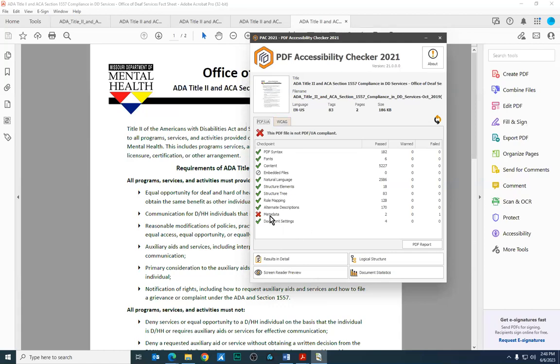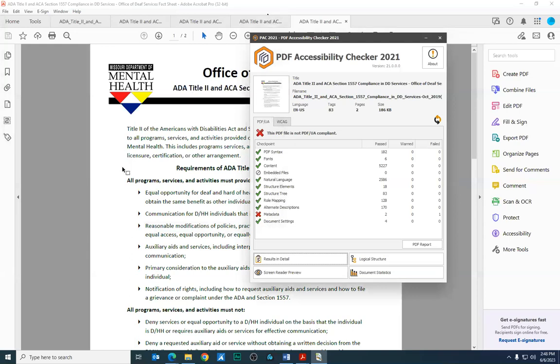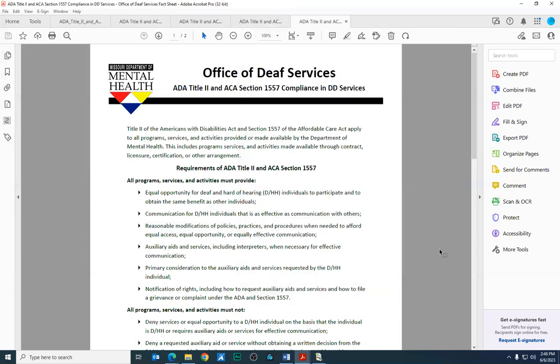So for this particular document, the only missing extra step we'd need to do to meet the PDF UA standard is metadata. If I click on results in detail, I can drill down and it tells me I have an issue with the PDF UA identifier. That PDF UA identifier is missing. So I'm going to go back to my PDF document. Now under Tools,